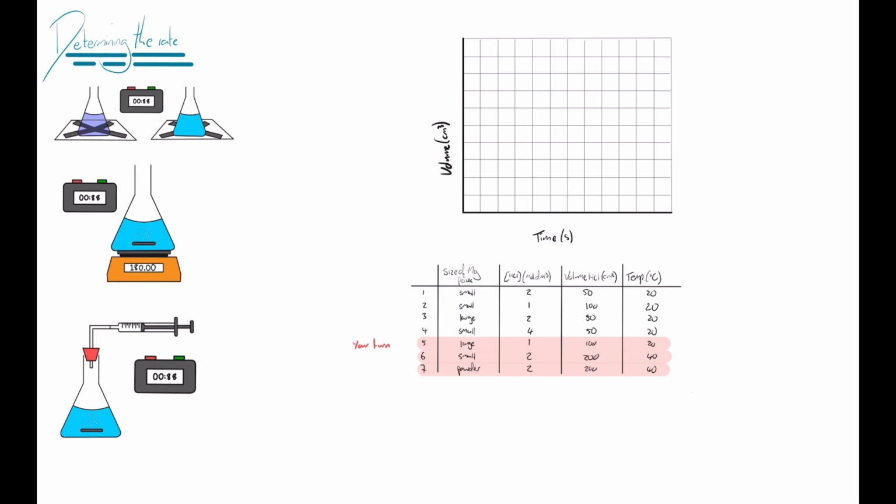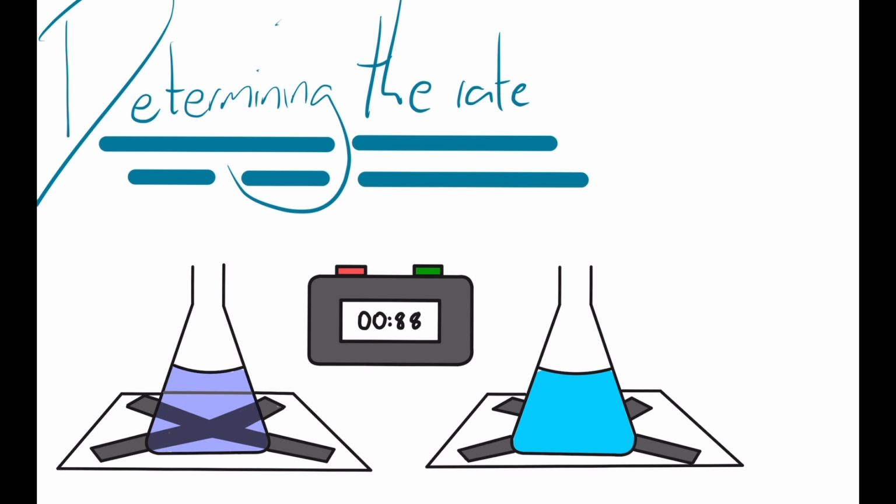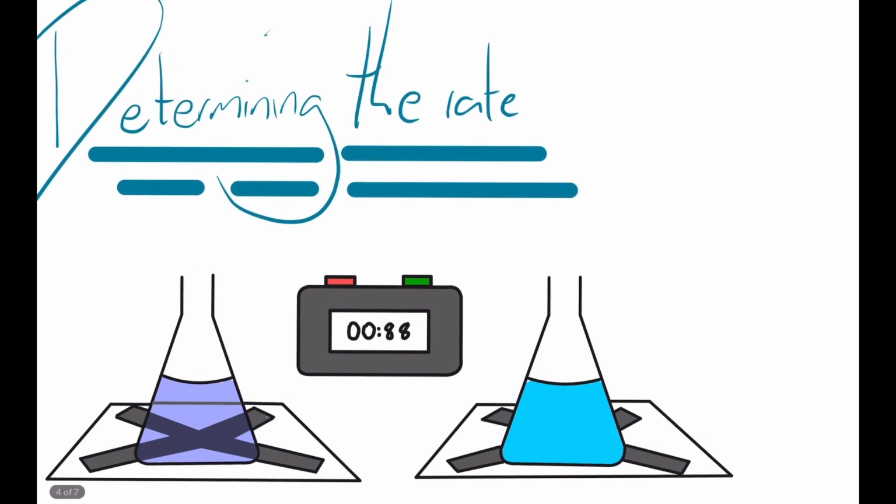Let's get into it. So we've got three main different methods of determining the rate of reaction. For starters, we've got the disappearing cross method. Often we've got some sort of reaction that creates an opaque liquid. So this becomes opaque. Essentially, we can see the cross here, but over time it will disappear. We'll put all of our reactants in, we'll start the timer, and we'll stop the timer as soon as this